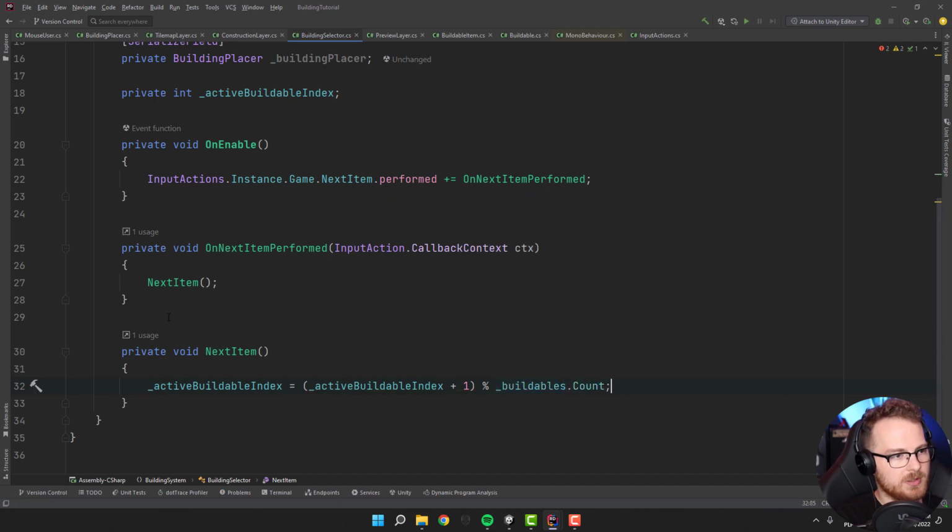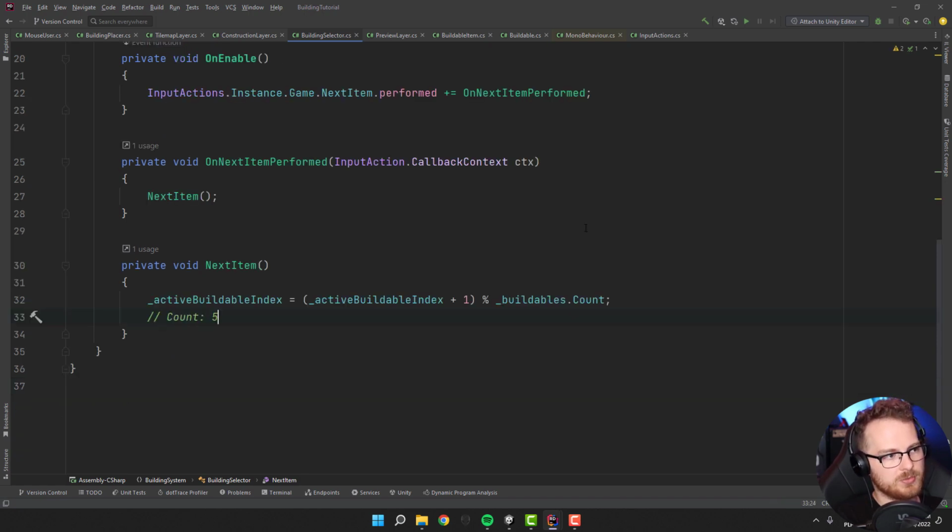buildables count. So the idea behind it is, let's say our count is equal to 5, and let's say our index is at this point 1. So if we add 1 to it, we'll have 2. And then if we take modulo 5 of 2, the result will be 2. Because basically how modulo works, it gives us the rest after division. So 2 divided by 5, if we look at the integer part, that's 0, right? And then the rest is 2, because